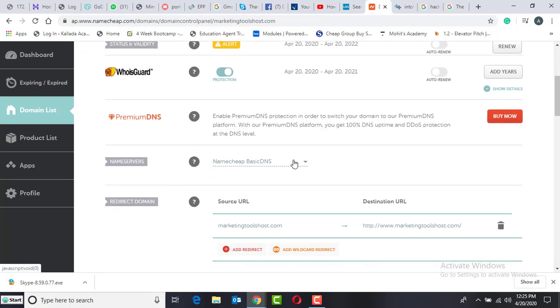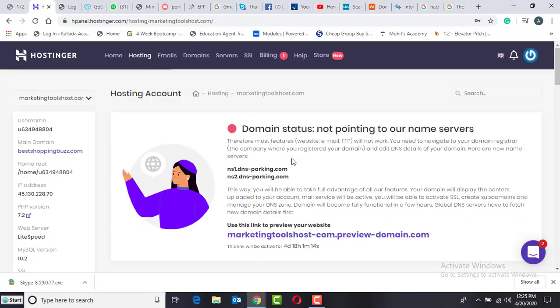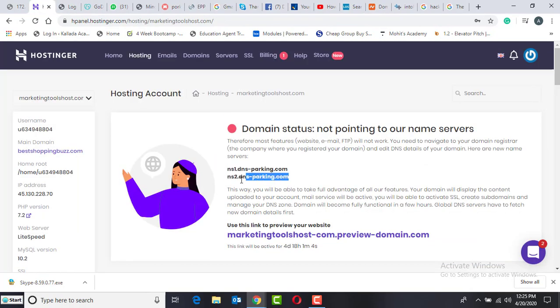What you will have to do is make it custom DNS. Then the name server 1 and name server 2 fields will come. You just copy and paste the first name server, and again copy the second name server.